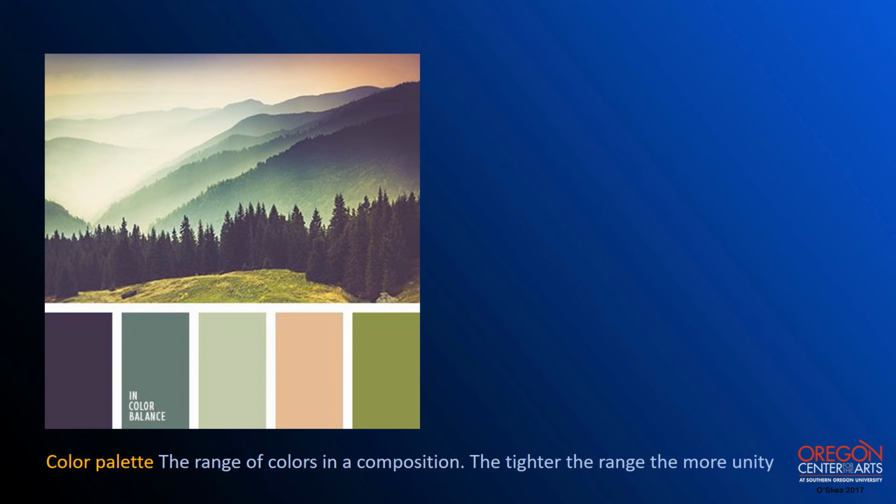That just means that a whole scattered random bit of color, like our Christmas tree, is going to be disjointed, and it's just going to feel busy, and it's going to be hard to see what we're looking at. So if you have 3 colors, 5 colors, odd numbers of colors tend to be good, and you've got a nice tight palette. There can be a range of colors, highlight and shadow, that kind of thing. So it doesn't need to be like spot colors, like posterized, like the Hope poster. I mean, you can have lots of variations of those colors, but you don't want to have a whole bunch